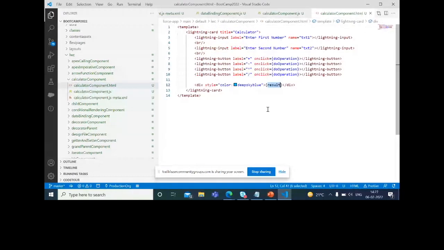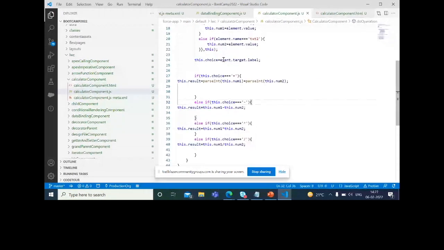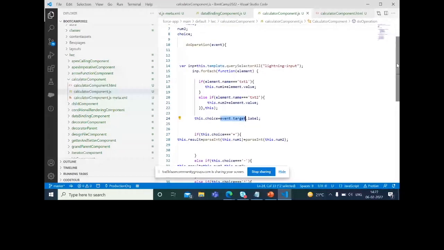So what I'm trying to say is that event.target does not always give you value. It can give you label, it can give you name, it can give you value, it can give you checked if you want to check whether your checkbox is checked or not. So event.target will only come into the scenario when you want to access any value related to the component that is firing the event. In this case, the button is firing the event. So from a button we cannot capture value. We can capture label, we can capture name. So accordingly, as per the input components, you can use this event.target.